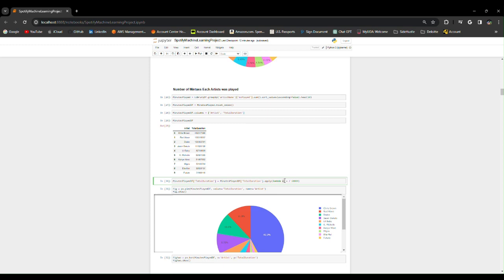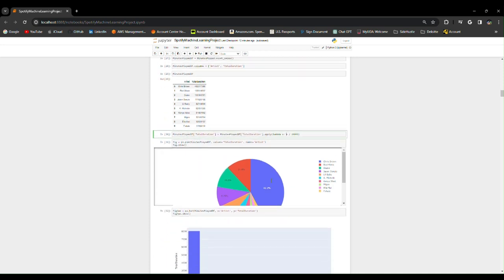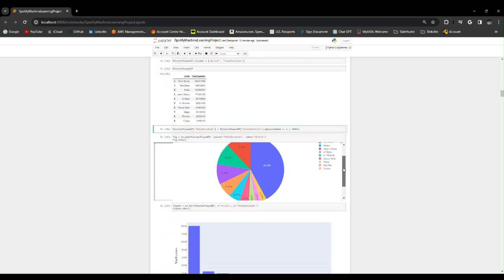So this is your x, and this is your y. For each x, I'm going to call x again. For each element in the column, I'm going to divide it by 60,000, because that's how many milliseconds are in a minute, and it applies it to the entire column. It's kind of a replacement for a for loop, and I like this more because it's more efficient, being only one line. And yeah, so I call the lambda function, and I get this pretty